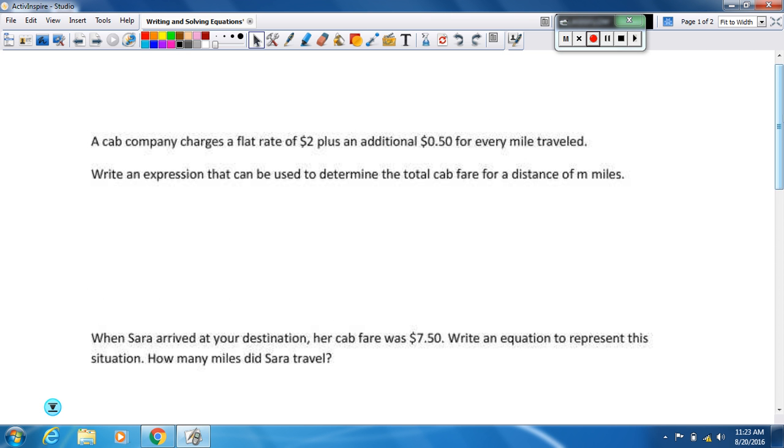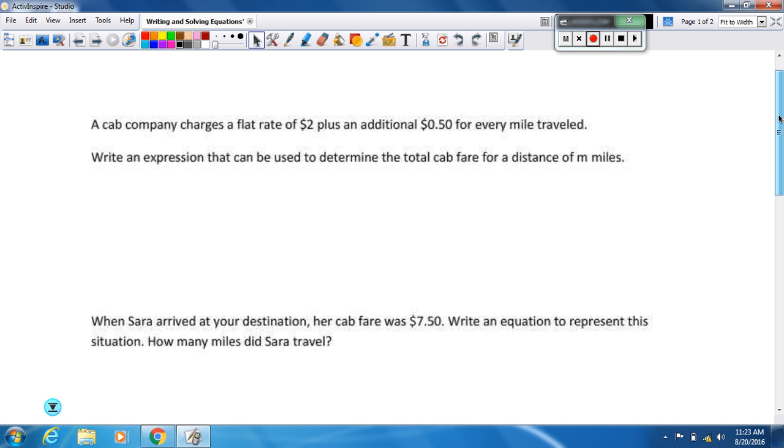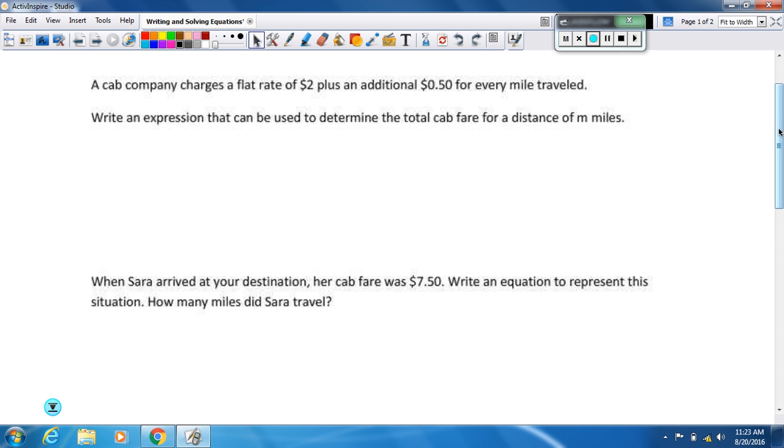A cab company charges a flat rate of $2 plus an additional 50 cents for every mile traveled. Write an expression that can be used to determine the total cab fare for a distance of m miles. Well, first of all,